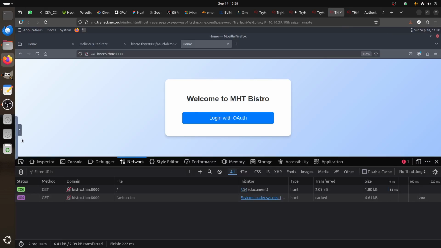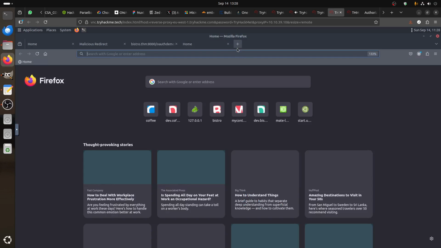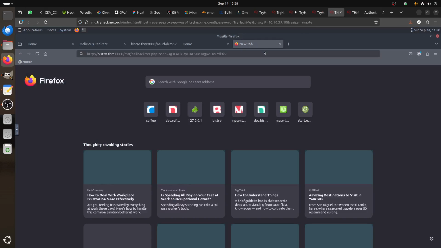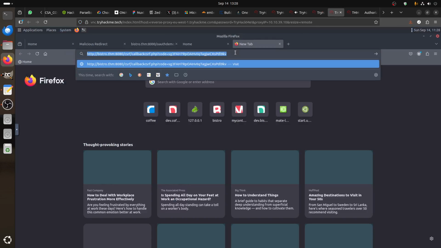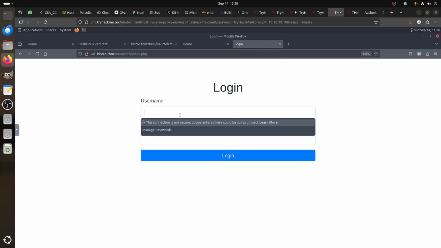The victim should be somewhere here. So this we send to the client. The client will click on it and open it. And it's victim